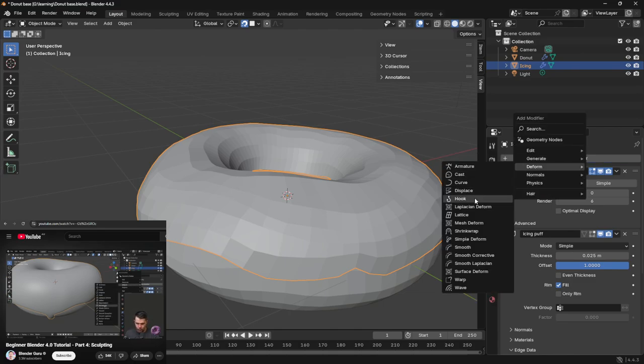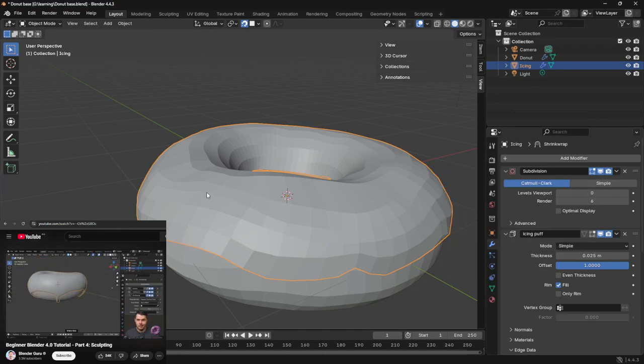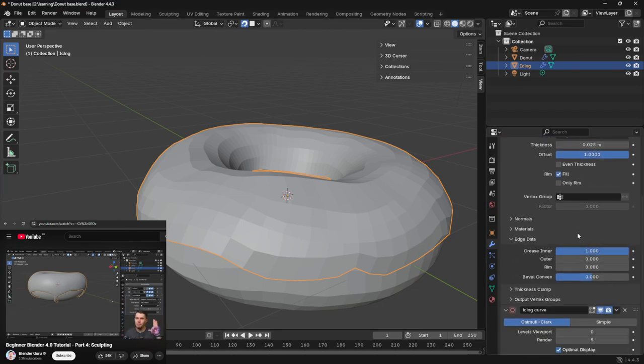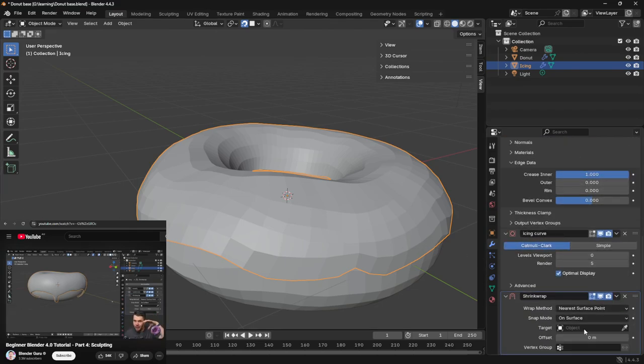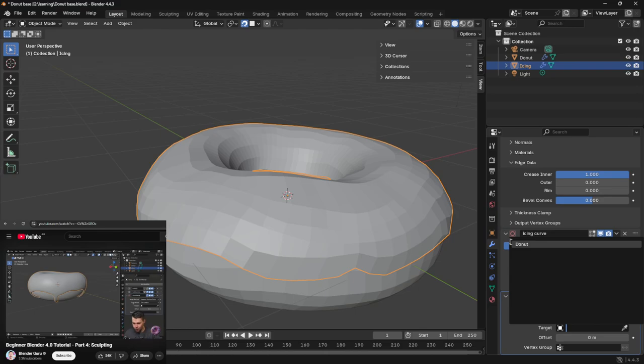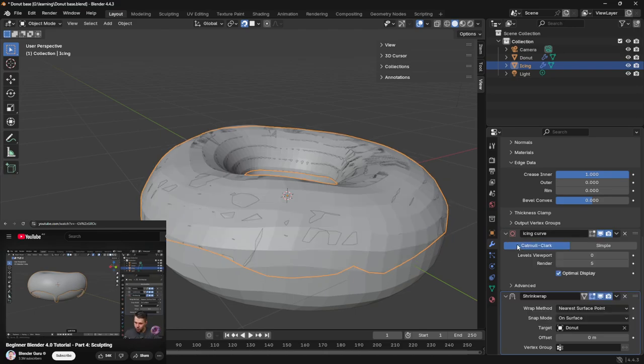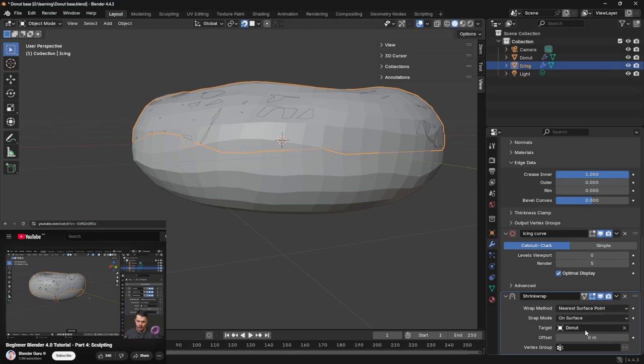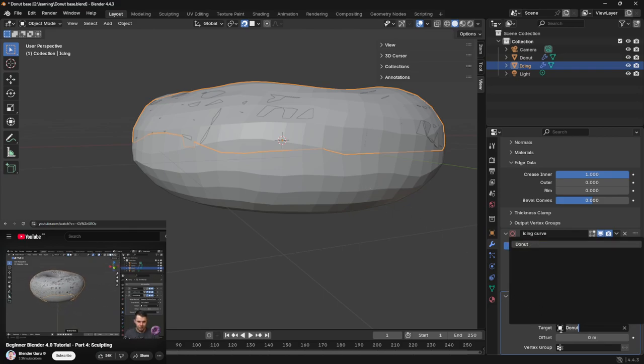New modifiers. Ooh, the one we're looking for is shrink wrap. And first of all, it hasn't done anything because it needs to know what the target is. What is the mesh that we're shrink wrapping our mesh to? So with this little eyedropper tool, you can see when you've clicked it, my cursor's changed to an eyedropper. And now if I hover over objects, I get the name of it. So I want to click on the object that is the donut, and now it's snapped to the donut and